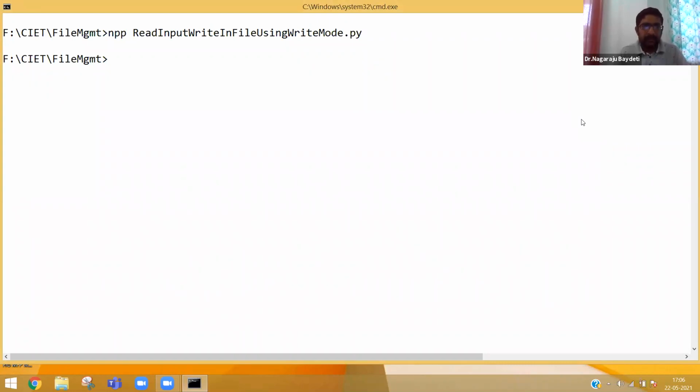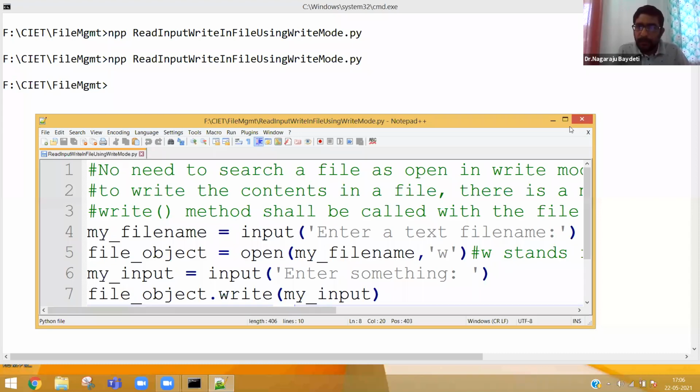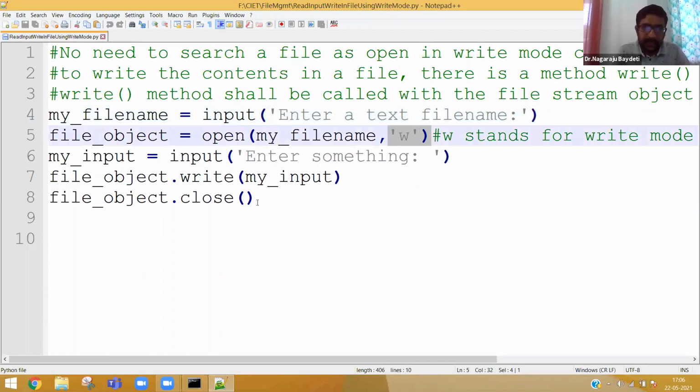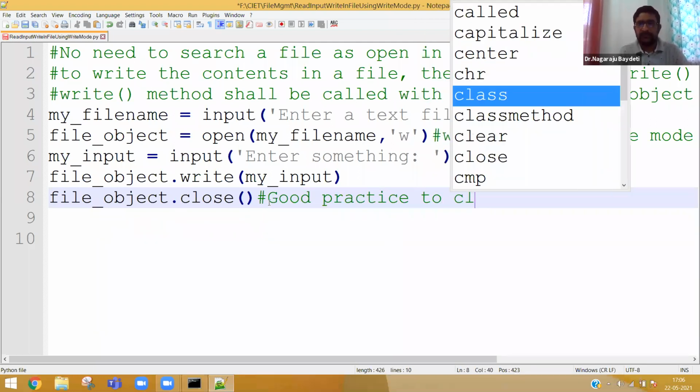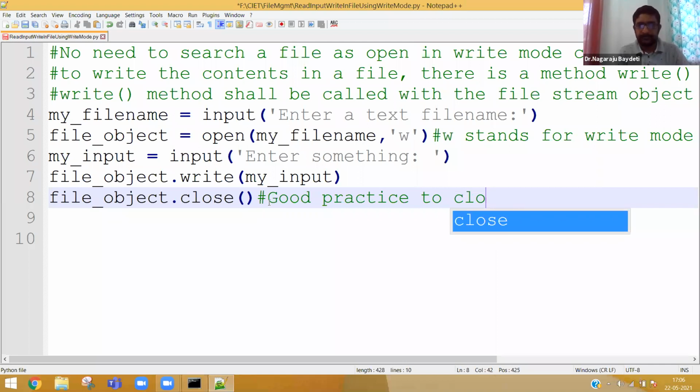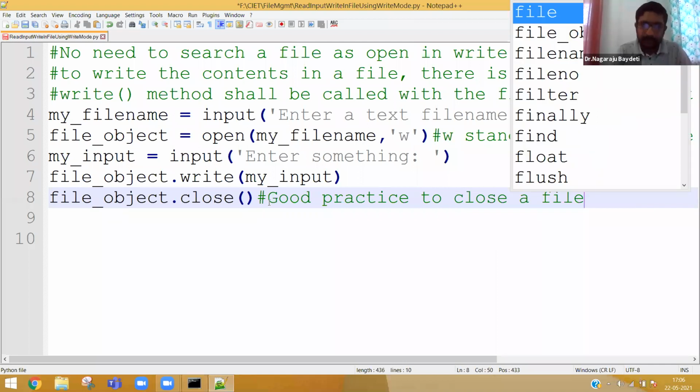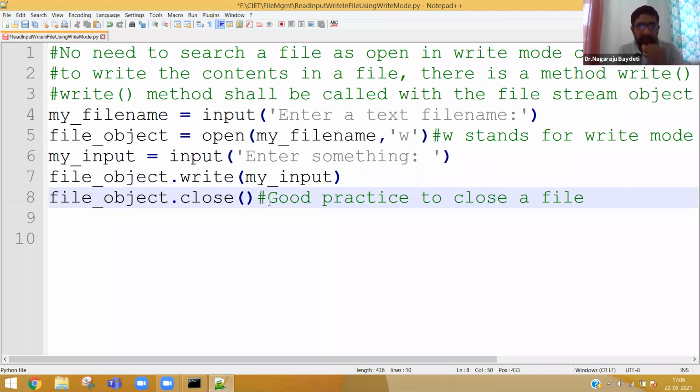So what I am trying to do is, systematically, we opened a file in write mode, so systematically I am trying to close the file. It's a good programming practice. Good practice to close a file. Even if you don't write it, it will close by default. But it is always good.